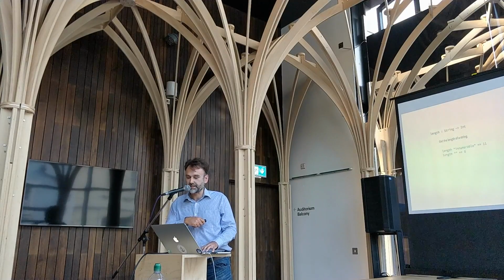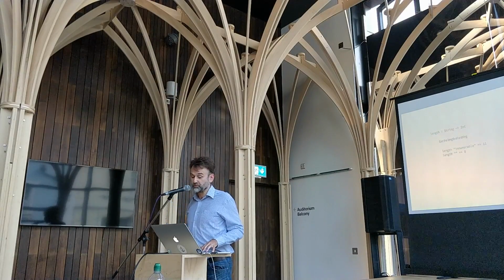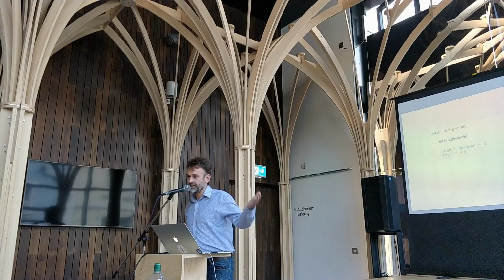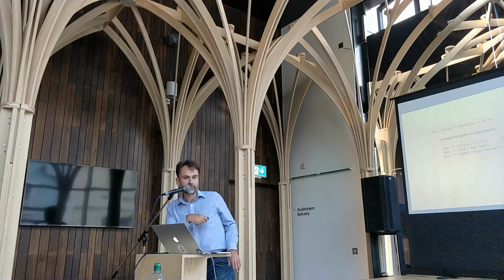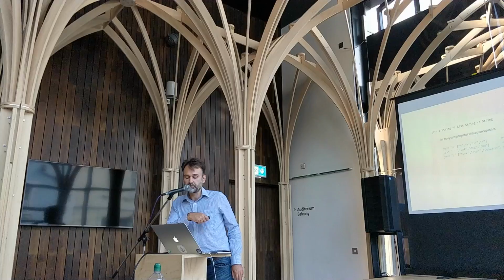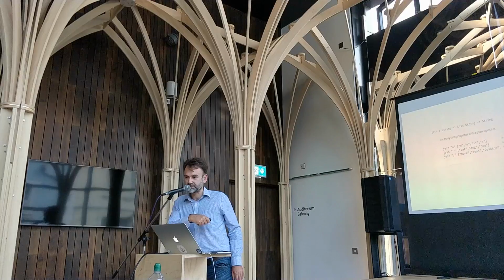It takes in a string and it returns an integer. So length of enumerable, so length is the name of my function, enumerable is the argument that I give to my function, and 11 is what's returned. So enumerable is a word, that's a string, and it spits out an integer. Notice that I don't have any brackets, like in your normal programming languages, you probably have join bracket a comma this. So this is where the syntax becomes very simple.